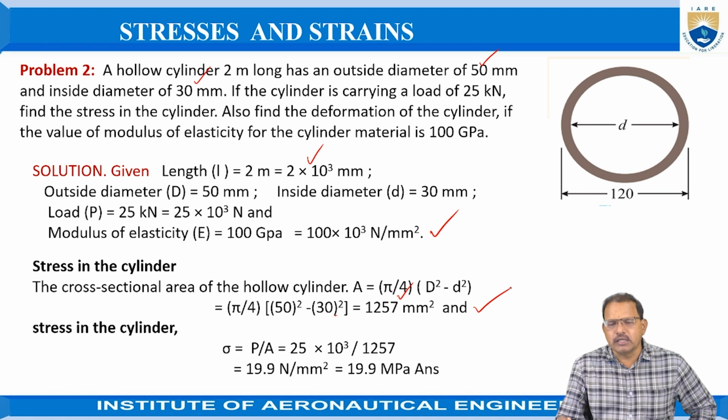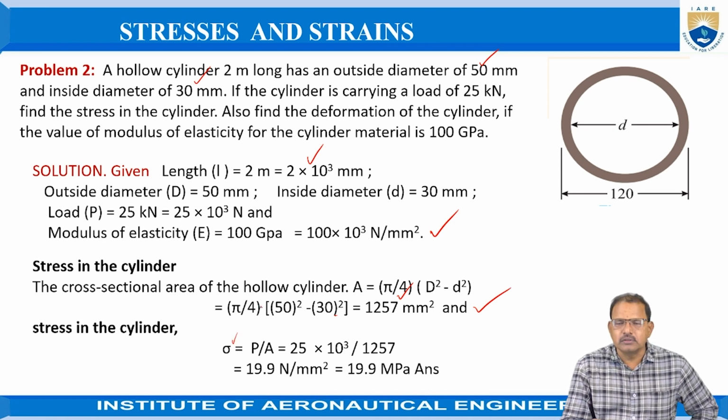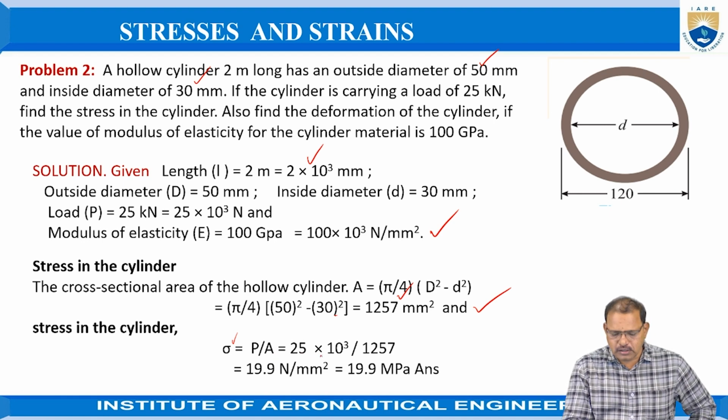The stress in the cylinder is sigma, which is equal to force by area, P equal to 25 into 10 to the power of 3 divided by area 1257 mm square, and doing the calculations we got 19.9 Newton per mm square, which is also equal to 19.9